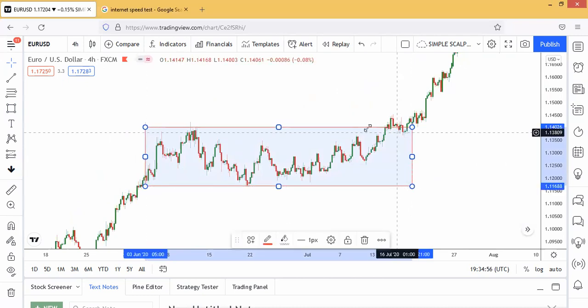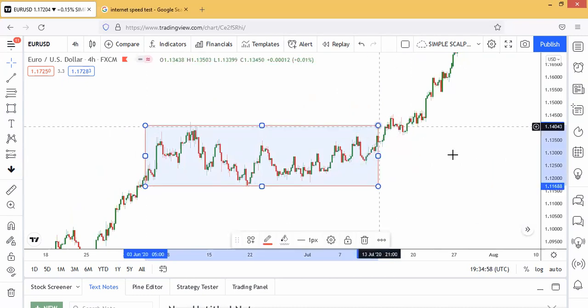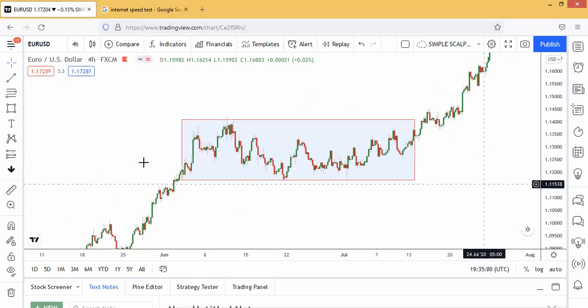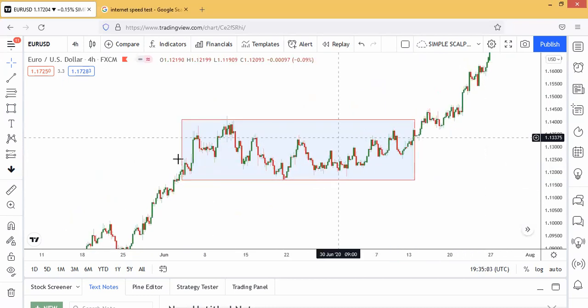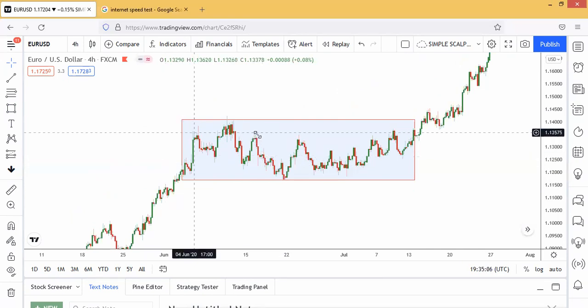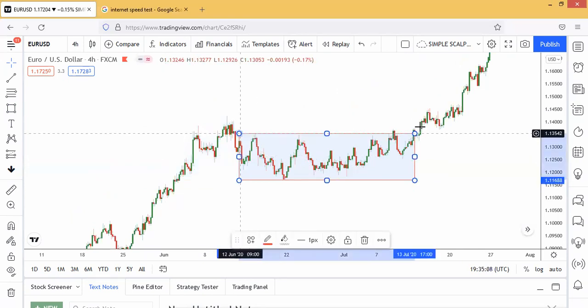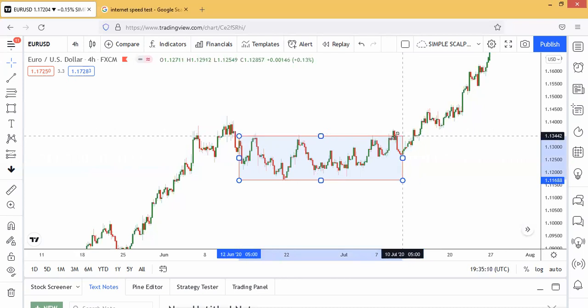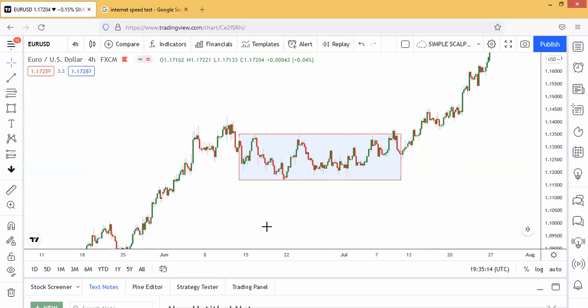Is this a trend or a range, guys? Everybody tapping something in the chat. Are we in a trend or in a range right here? Okay, let's pick it from this area so we don't get confused. Are we in a box or are we in a trend or in a range? Okay, tapping something in the chat, guys. I want to be sure you're following. All right, thank you so much,